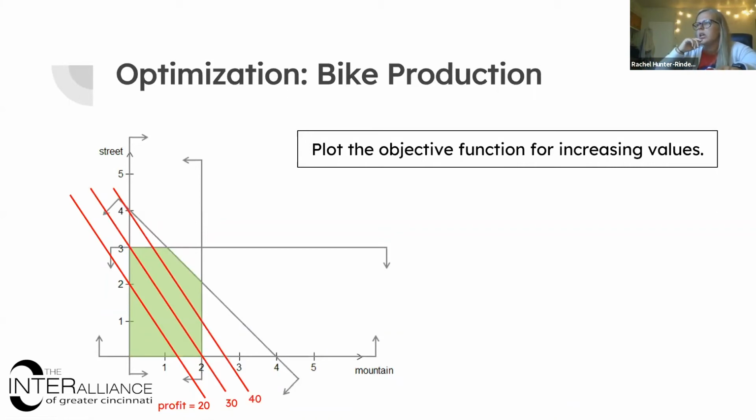We could draw a similar line for 30, 40, and what we can see is that the objective function is increasing in the direction of that red dotted arrow. And because it's a linear function, we know that it will always be increasing in that direction. I hope I haven't lost you, but if I have, please let me know. Are we following, like, the red stands alone from the green for right now? We're just looking at our objective function, which is the representation of the profit, and trying to figure out how it would increase across the solution space. Does that concept make sense?